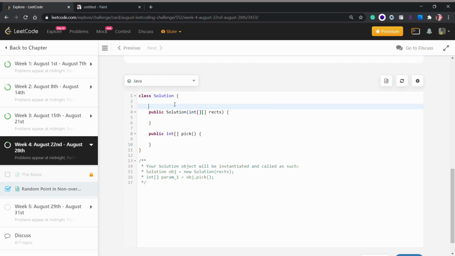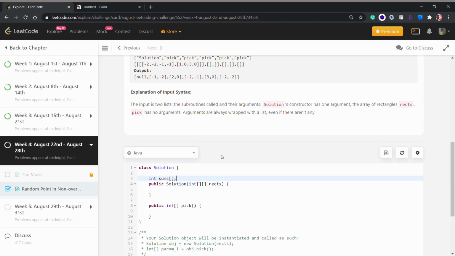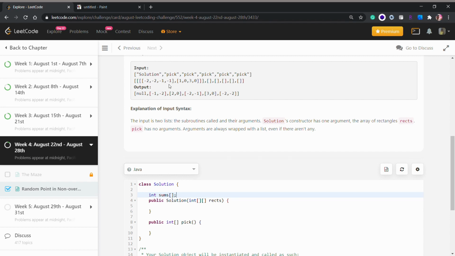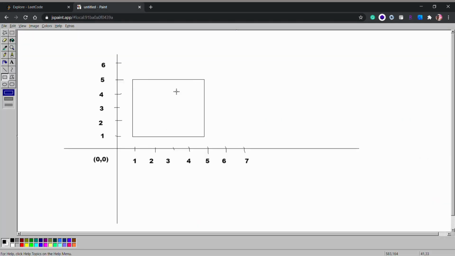So first I will have an integer array sums. Because we can have more than one rectangle, remember, the sum will store the number of possible points in the rectangles. For example, our rectangle 1 has, let's say, 25 points, like we have here.